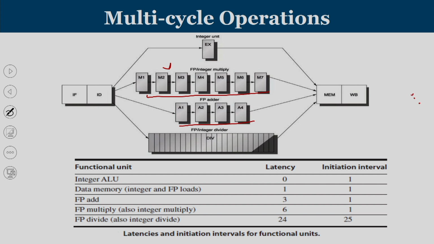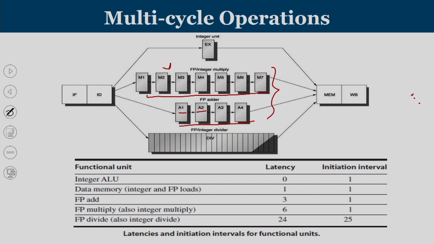Similarly, in the case of an add operation, at the end of one clock cycle, some processing will happen in A1, then it moves to A2. So, A1 is free, and A1 can take a new set of data from ID. This means these two functional units, the multiplier unit and the adder unit, are internally pipelined. That means every cycle it can accept a new set of operands, partially process the result and pass it on to the next substage.